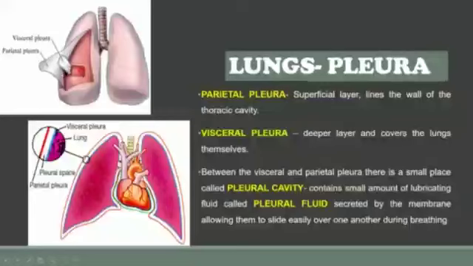The space between these two pleural membranes is called the pleural space, or pleural cavity. Now this cavity is not empty. It is filled with a fluid called pleural fluid. The function of this pleural fluid is that when you breathe, both membranes have to slide over each other. They rub against each other, so the pleural fluid will prevent the friction between these two layers whenever they are in action.